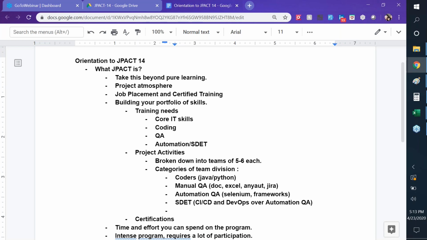And the other group could be just coordinators / leads. So what I mean to say is each of you could be fitting into any of these groups. It could be a coder, you could be someone in manual or automation, someone who could do beyond automation, do coding, CI/CD, DevOps, frameworks, all of them together as an SDET, or you could be someone who's coordinating and leading